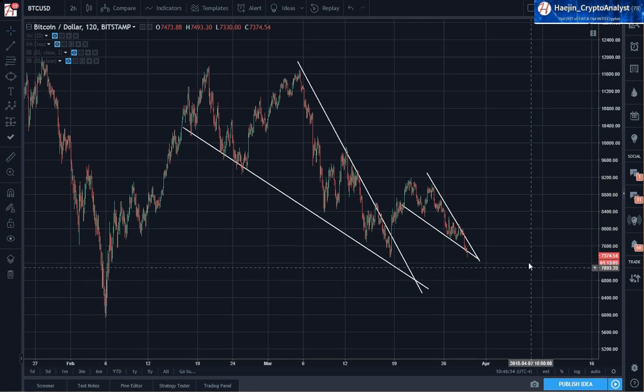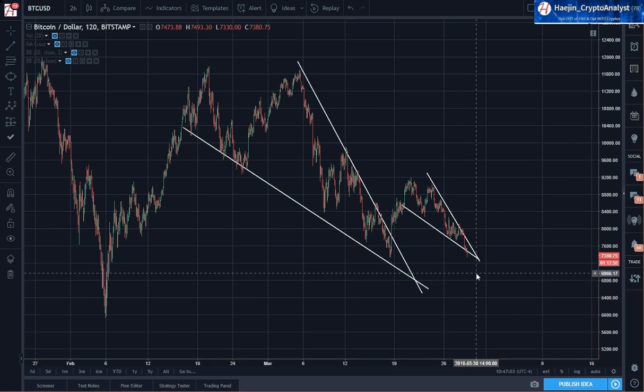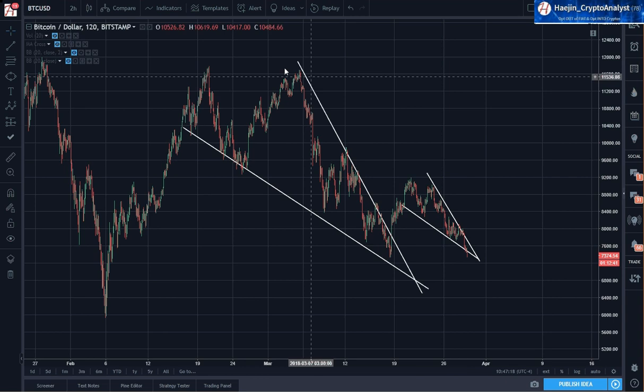Now we have seen in other coins how an initial breakout of a wedge can lead to a slightly lower low. That is potential, yes. But let's see how the rest of today plays out with this pattern. If we get a much lower low, that is a decisive break below the lower support line, then we need to start looking at the Fibonacci's. What I mean by that is,